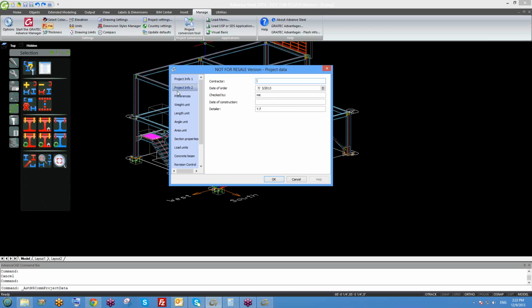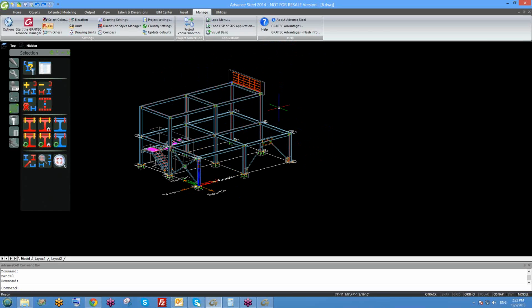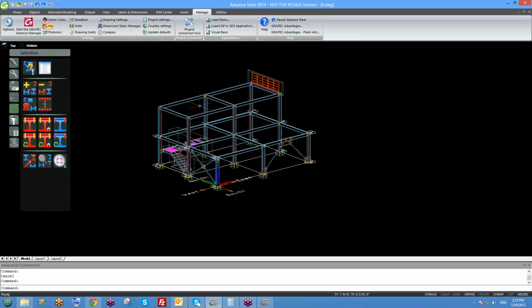And the same thing under project info number 2. Date and checked by and detailer, put these values here and then click on OK. Now, once I click on OK, I have two types of drawings right now. I have those existing drawings I created before I changed everything here, and I have those that I want to create. For my existing drawings, if I want to change that information in my title block, I need